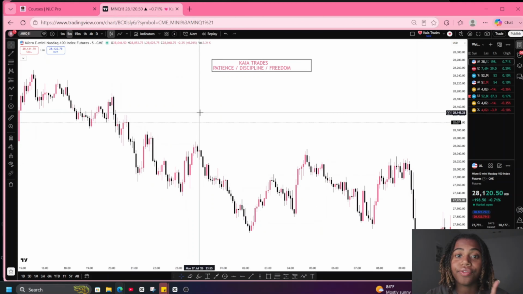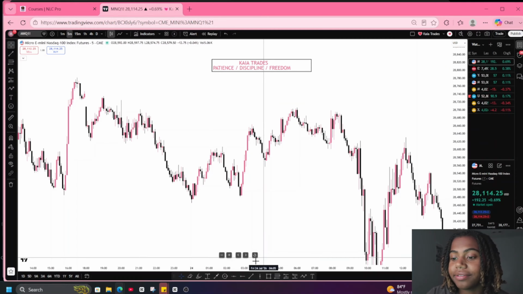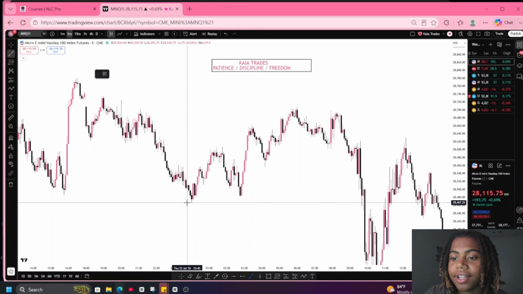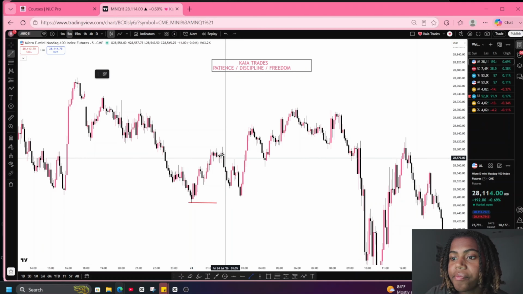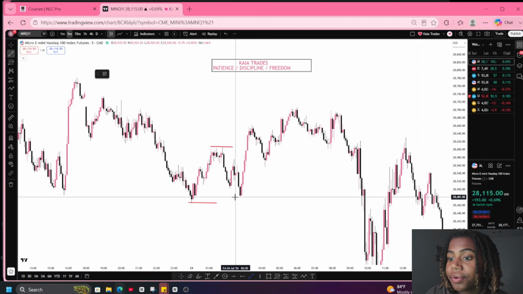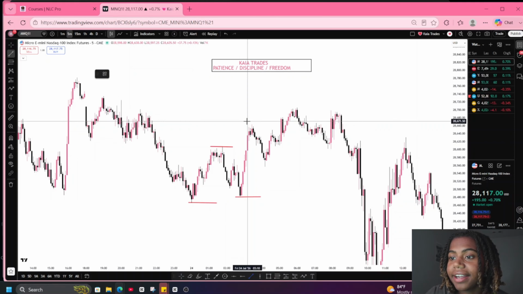Now we are going to look for a bullish trend. All right, I think I see one. Do you see it too? Let's mark it out together. We have a low, then we have a high, then we have a low that's higher than this low, then we have another high, then we have another low,